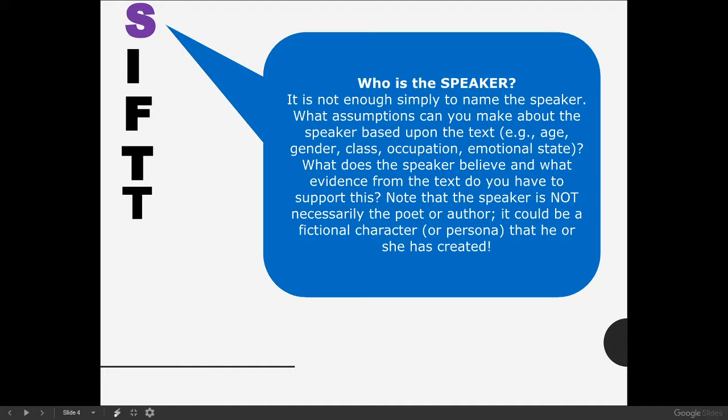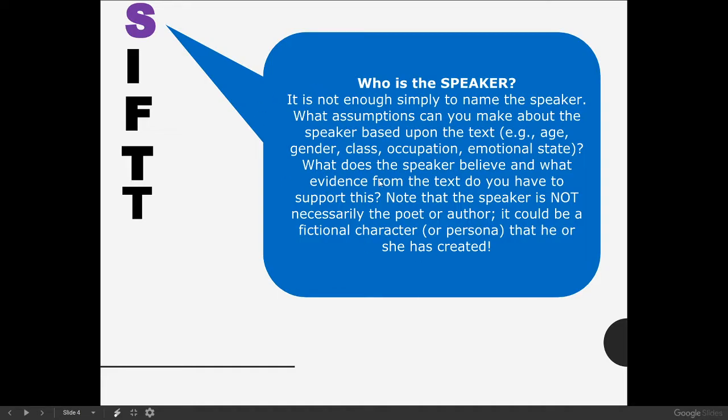And it's easy to get confused. Oftentimes, we think that the poet or the writer is the speaker, but that is just not the case. The speaker is the character that is giving us the language, the character that is saying the poem. And oftentimes, poets will write from the perspective of a different type of person. It's really important to understand who the speaker is